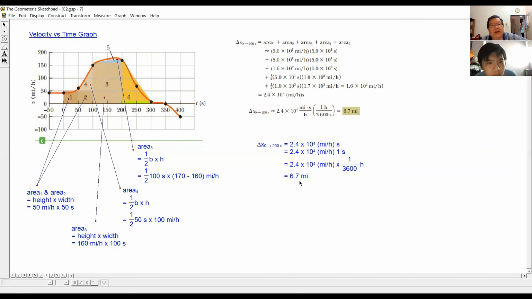So you get the change in displacement. But the displacement is from 0 until 200 seconds. That means it's until here only, areas 1, 2, 3, 4, 5 only. This part is not counted, because they want until 200, so we calculate until 200. But the last part, they want everything from 0